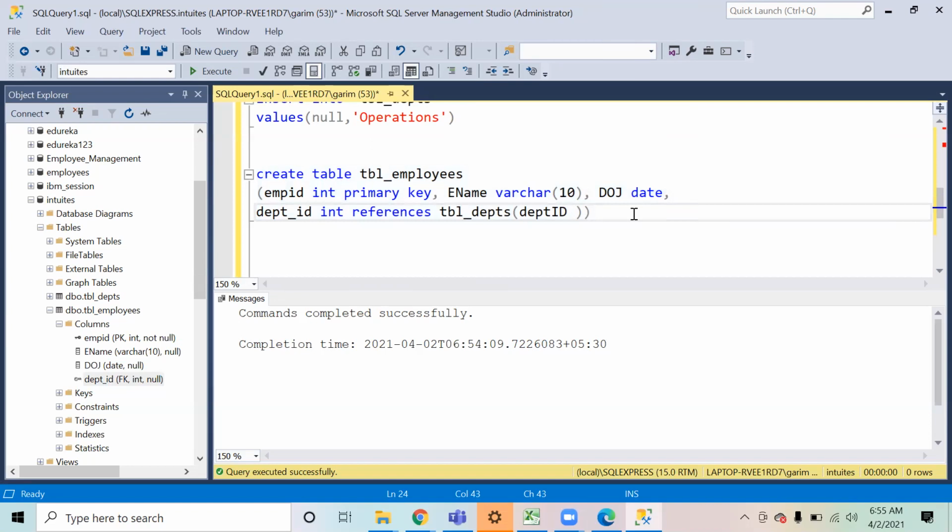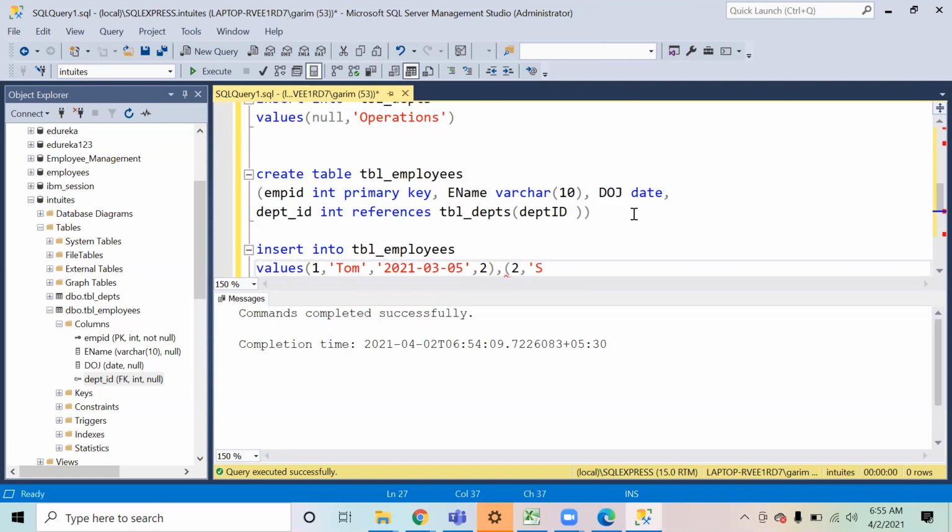Now what we're going to do in this is, let us insert some data inside it. Insert into TBL employees values, ID is 1, name is Tom, and date of joining is today's date, or maybe 0305. So I'm just giving the date of March, comma, and department. He is working in the second department. Now I add another employee.